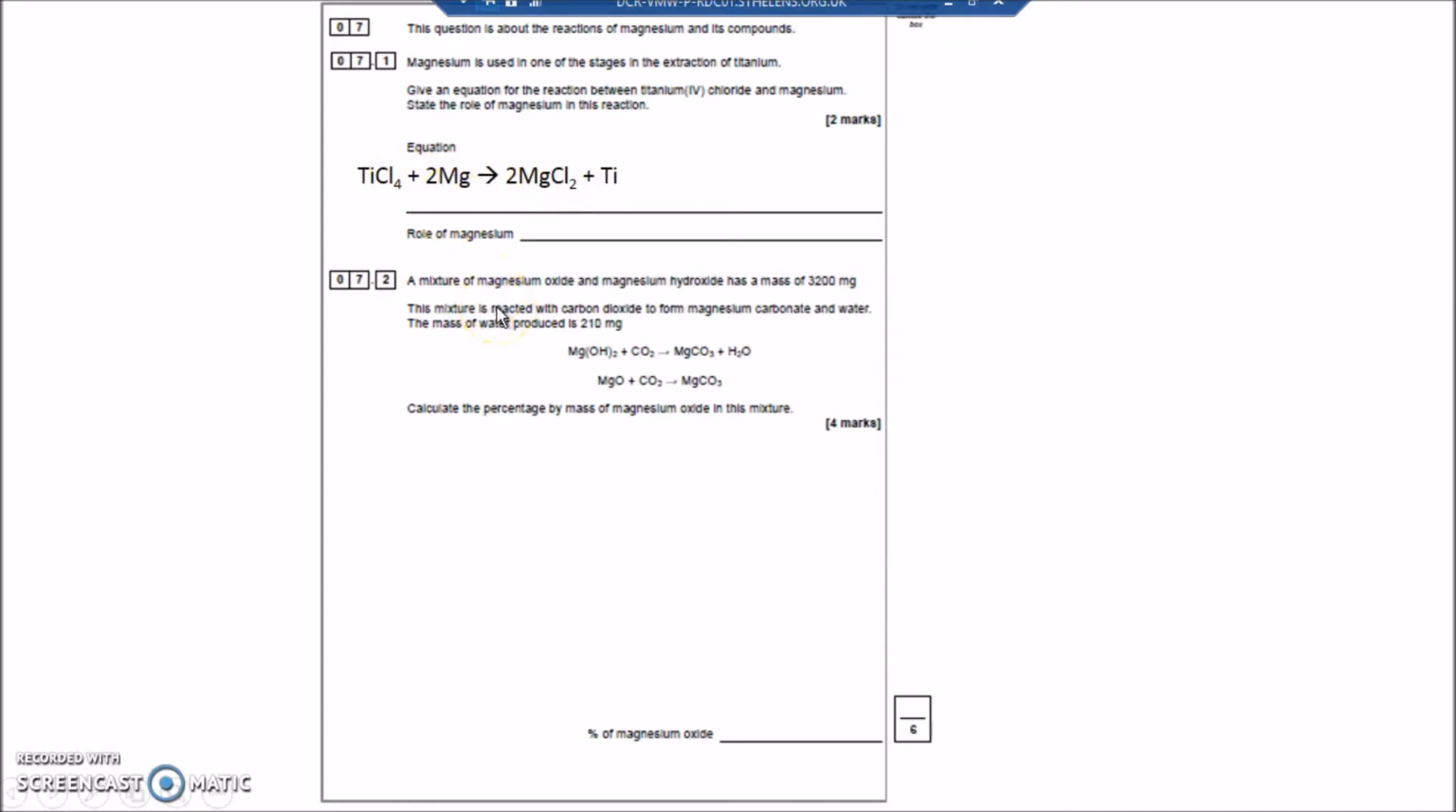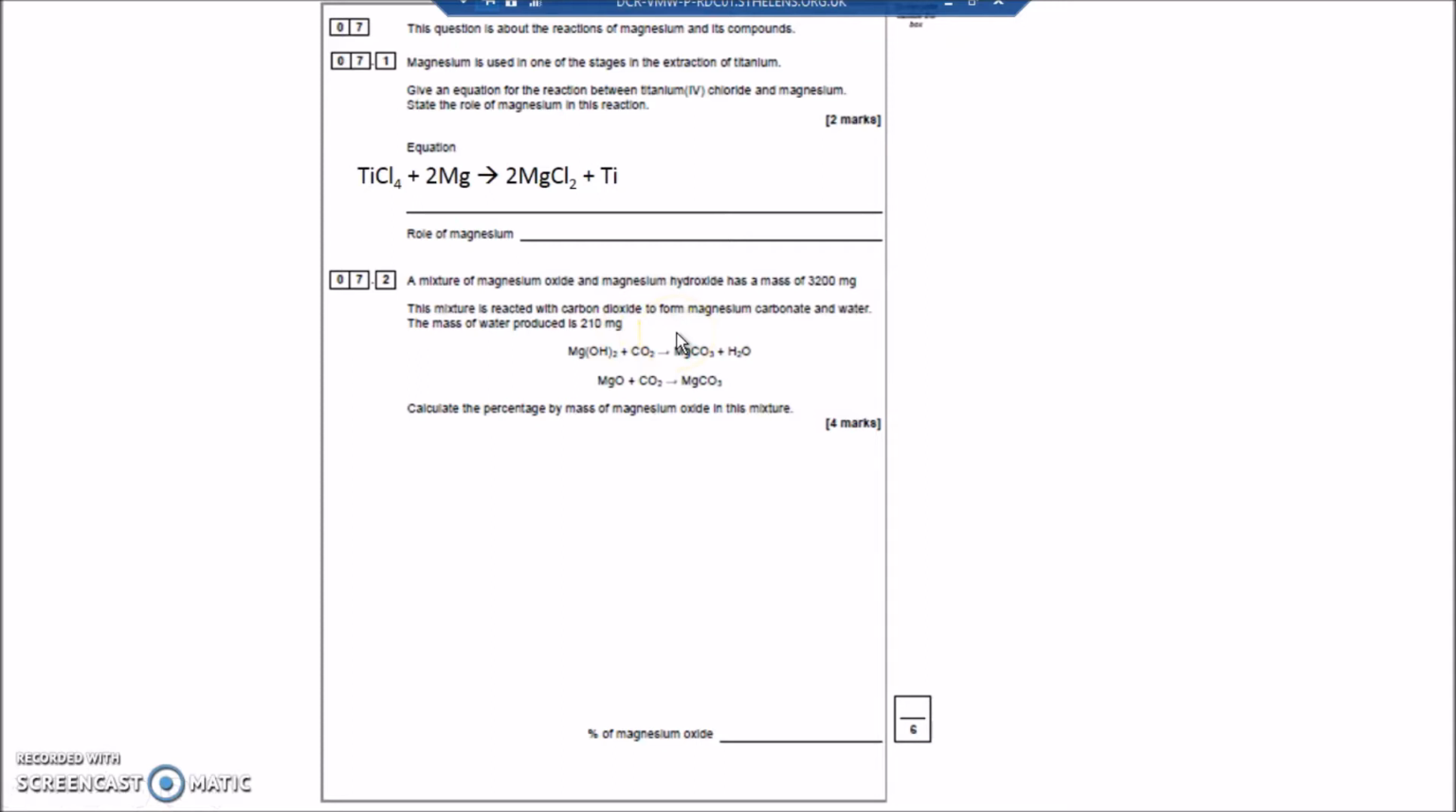A mixture of magnesium oxide and magnesium hydroxide has a mass of 3,200 milligrams, or 3.2 grams. The mixture is reacted with carbon monoxide in the following equations. Calculate the percentage by mass of magnesium oxide in this mixture. So first of all, my first clue here is that the mass of water produced is 210 milligrams, divided by